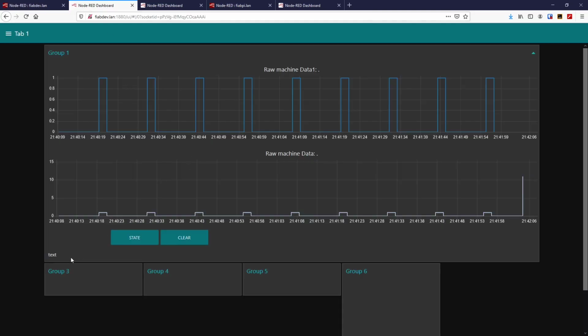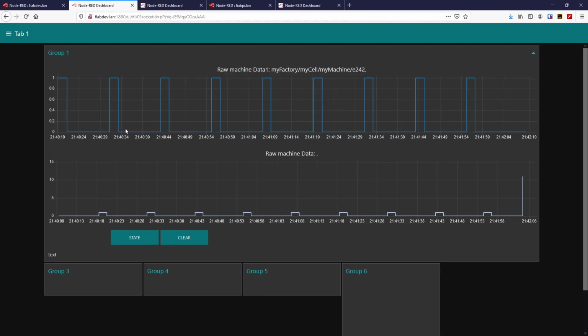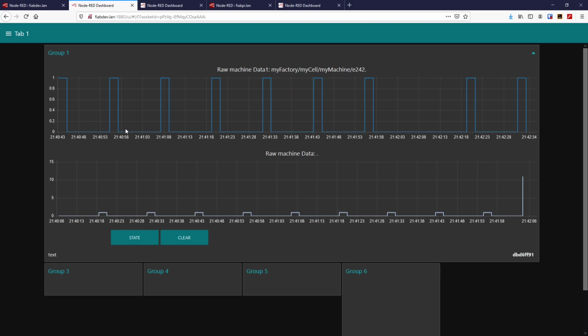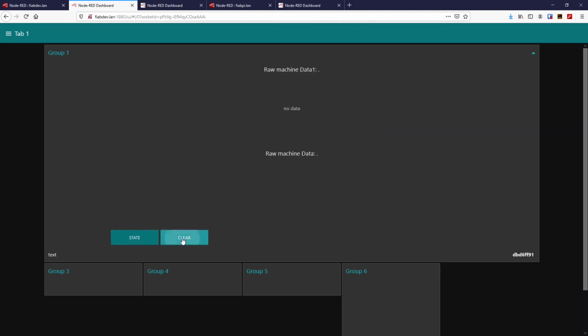Let's see what it says. The text down here should change from that text value. We'll find out why it won't in a second, if it will or it won't. So we need a tag. It did, but look how different it is. So we've got text on the left hand side, and on the right hand side we've got the result. We've got, if we clear both of those graphs,